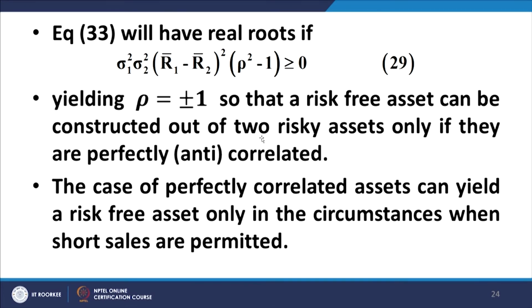So, that means what? Given two risky securities, what is the inference? Given two risky securities A and B, we can form a risk free combination of securities A and B only in the event that the two securities are either perfectly correlated or perfectly anti-correlated. If they are perfectly correlated, then the risk free combination shall comprise one security long and the other security short, and if they are perfectly anti-correlated, the risk free combination shall comprise both the securities being